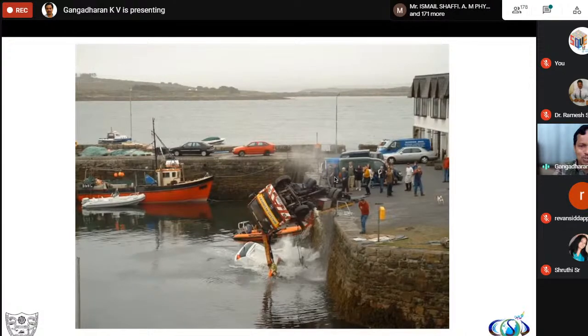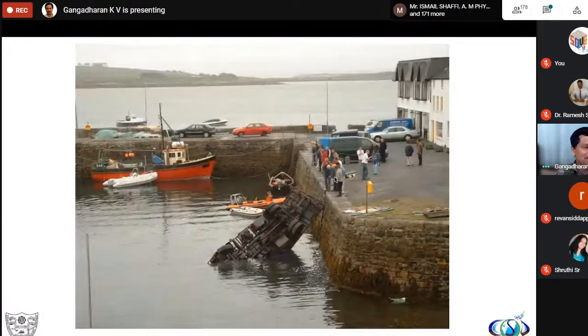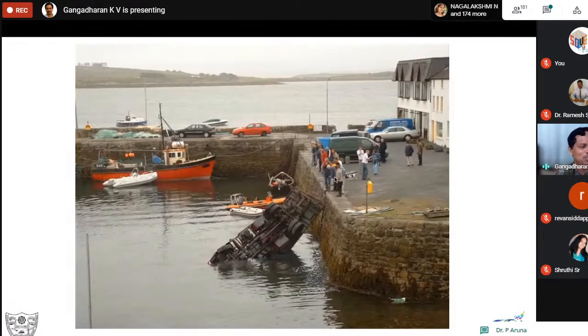I'll ask you to type in and see what did fail here. What's the problem with the tool or something else? The car which fell in a river, and for the people who lift this, it's their normal job and there is absolutely nothing they need to really worry about. They come and take this kind of task very easily. Now, what did fail here? Would you like to give me a response?